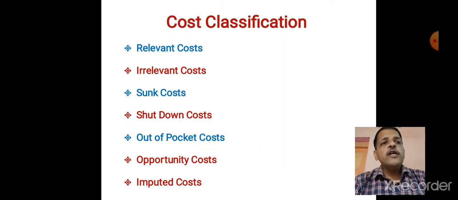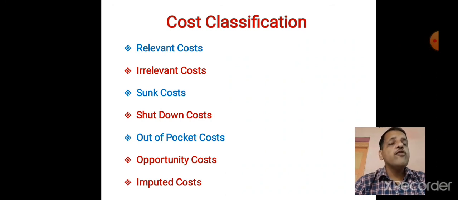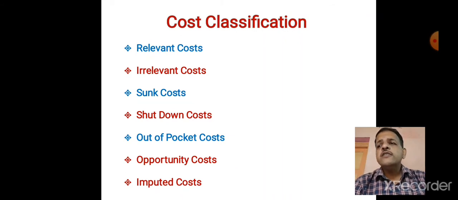Why? Whatever depreciation we charged for the last 10 years, 15 years, we cannot change now. Whatever rate we applied at that time, what was the written down value every year, those things we can't change. They are historical, they are related with past period. So these costs are known as sunk costs. So sunk cost means what? Such costs which are historical in nature, which cannot be changed by later decision or by taking a decision today.